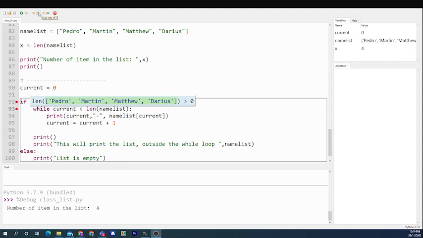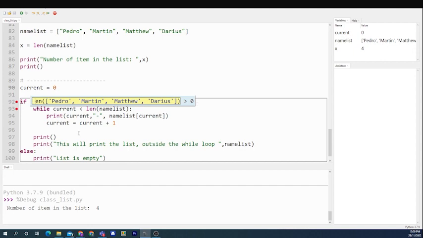Okay, I put here this example for us to have a quick look at what is happening inside the if statement. For example, the first if statement that we have in there is counting how many items are on the list. We can see that there are 4 items, right? So it will check if the number of items in the list, in this case 4, is greater than 0,